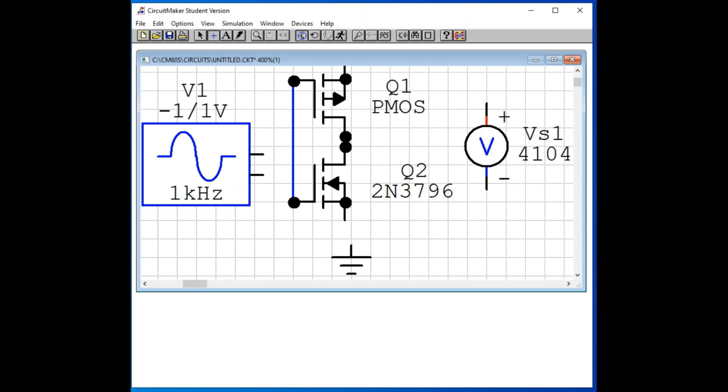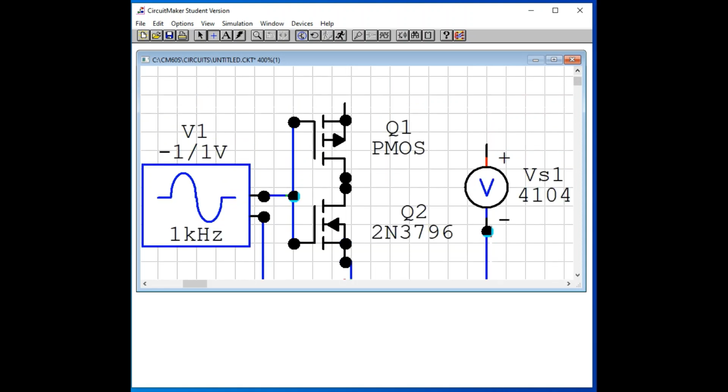Then we will connect the wires, signal to the line and this to ground. And we will connect the source to VCC.